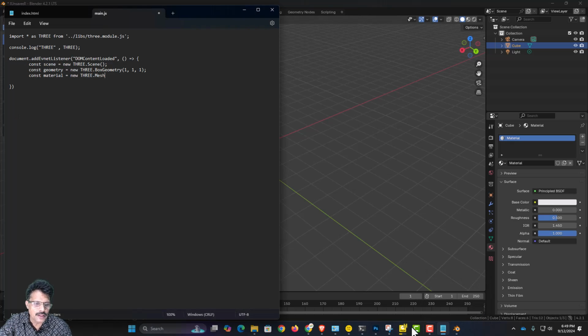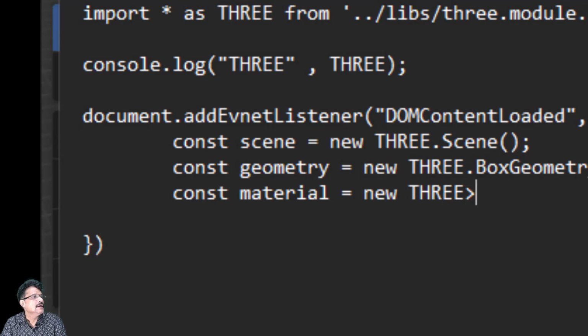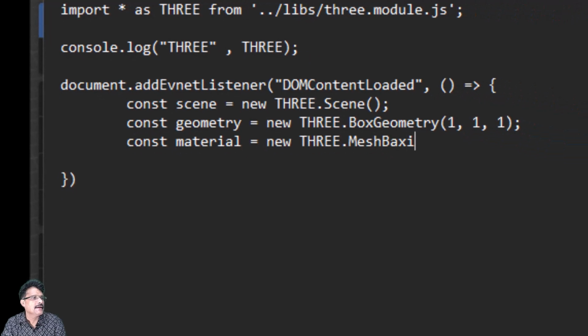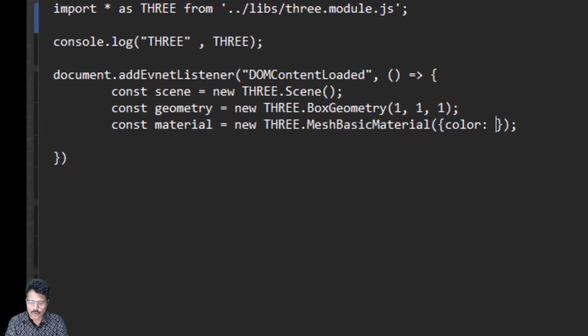So in this code, new THREE, and the type of material I am going to use is MeshBasicMaterial, and in open close brackets I am going to add parameters. I will end it with a semicolon, and inside this I am going to add the parameter with curly brackets, and inside the curly brackets the first parameter I will add is color. I will give this material a color, I will add a colon, and the color I am going to give it is